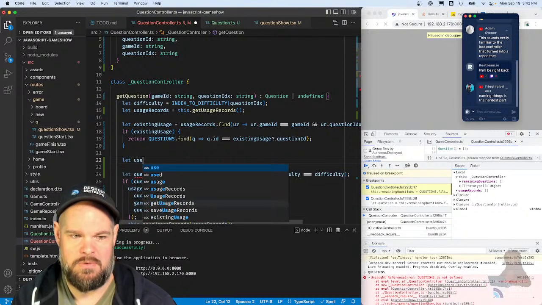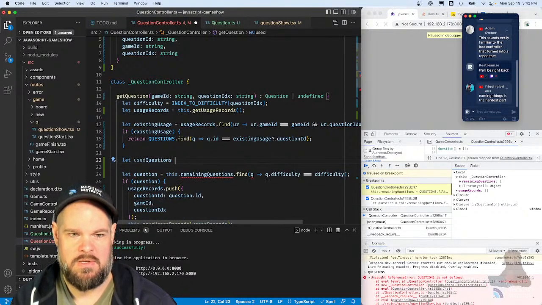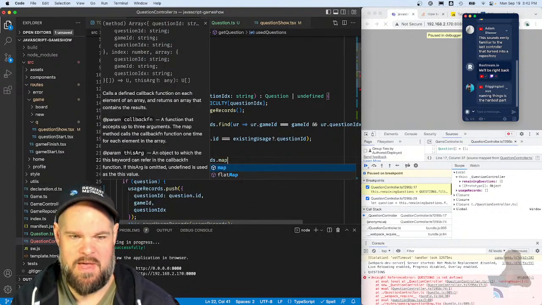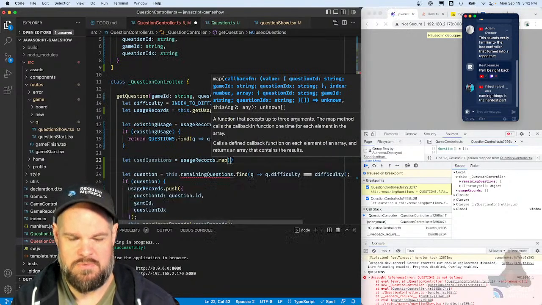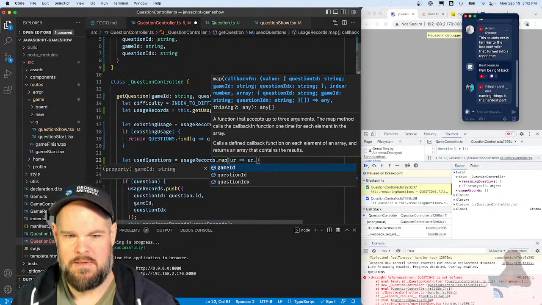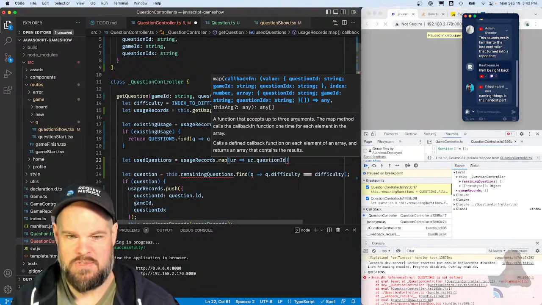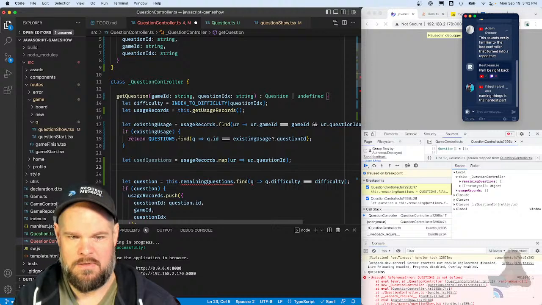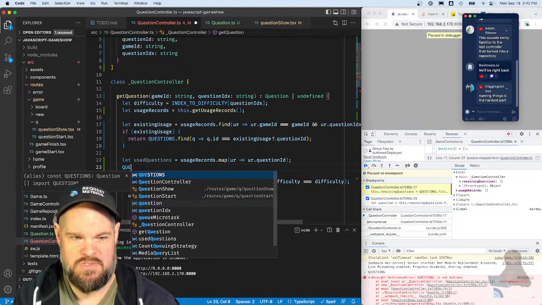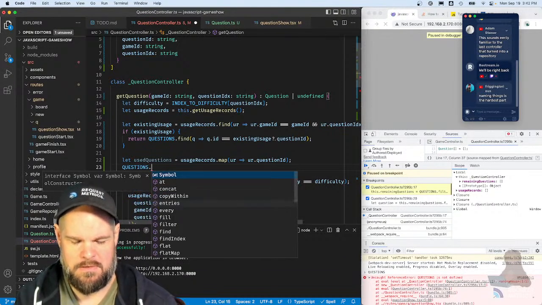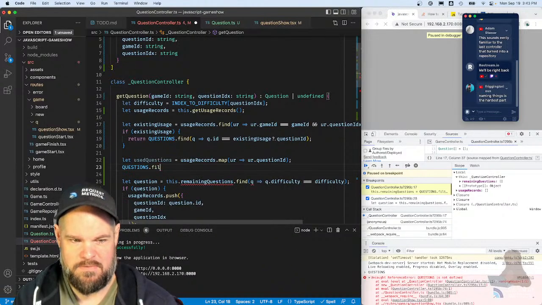Let usedQuestions equal usageRecords.map, usage record becomes usageRecord.questionID. And then I have questions.filter